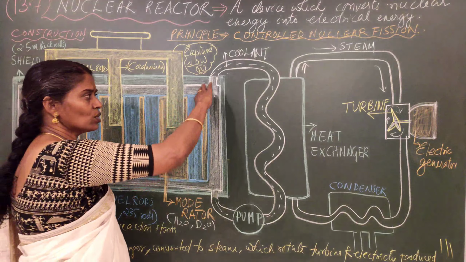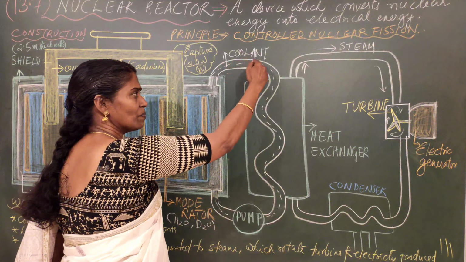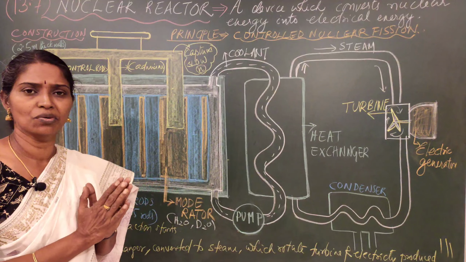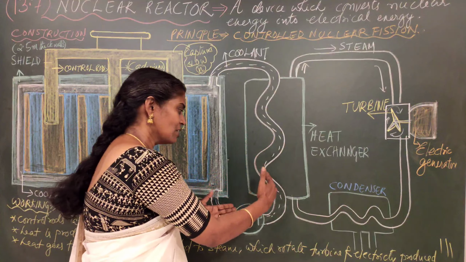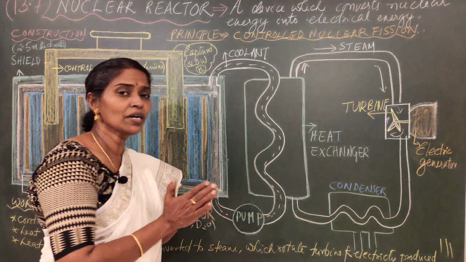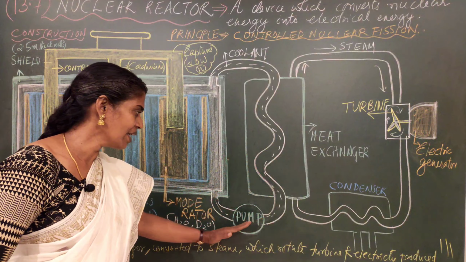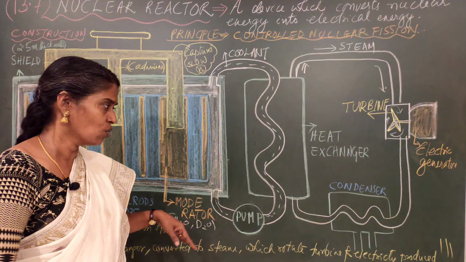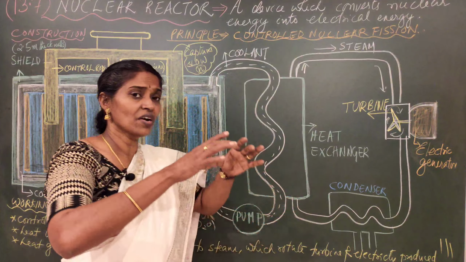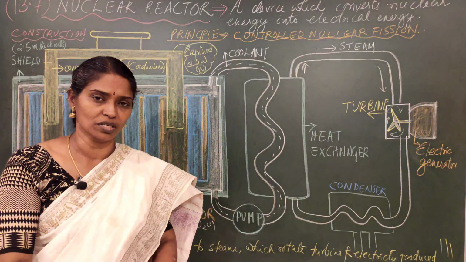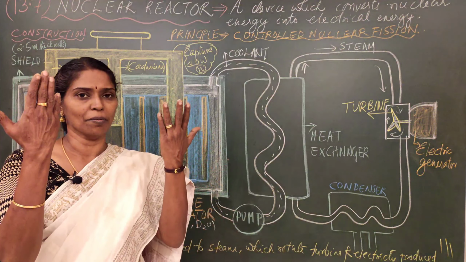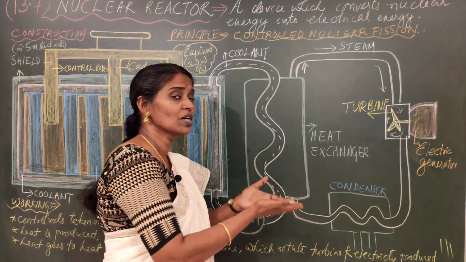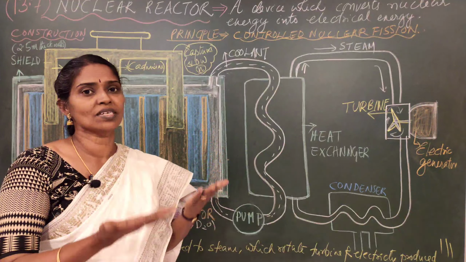Now once the water is warm and comes out, it is passed through a cooling tube, like in a fridge, we have coolant condensers. So that water is cooled. Once it is cooled, that cooled water is pumped again so that the process carries on. Now just imagine if you have a hot iron bar and put it into water, you can see steam coming out. So when this kind of thing is happening inside the heat chamber, an enormous amount of steam comes out.